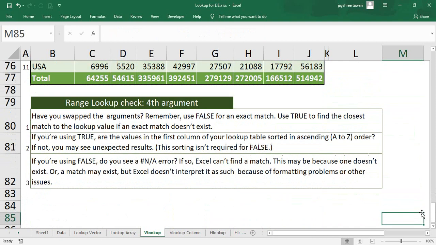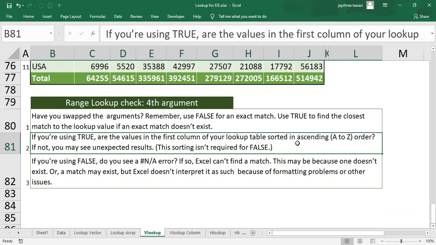And for the fourth parameter, you are going to just simply write true or false. Remember one thing, many of you don't pay attention to the sequence of the arguments. It is not like you can write anything anywhere. You need to go with the proper sequence, the one which Excel is showing you down. Second, if you want to use the true concept of Excel, that is approximate match, your data should be sorted in ascending order.